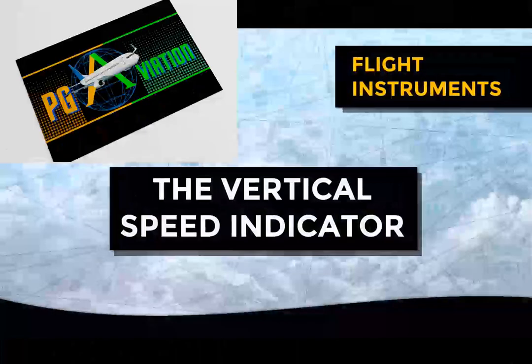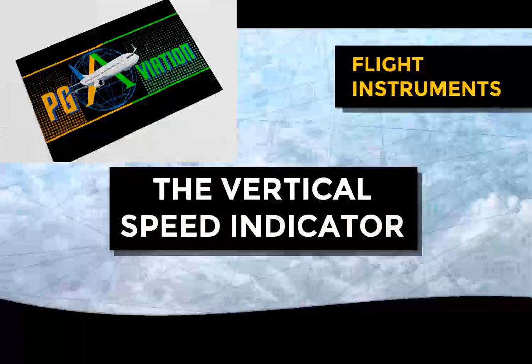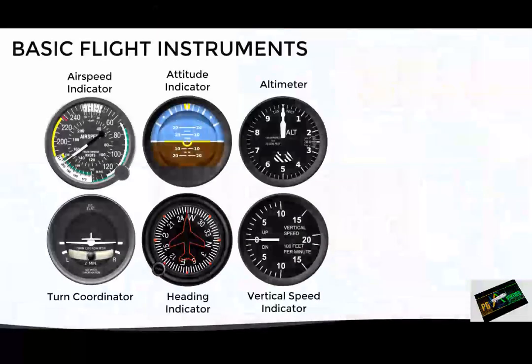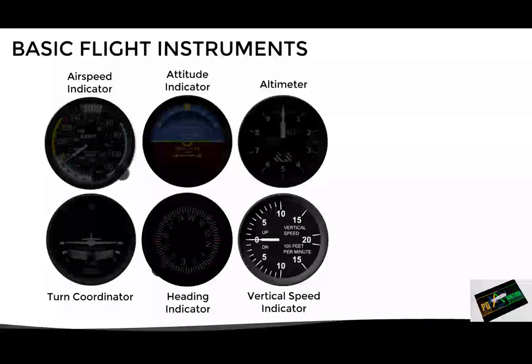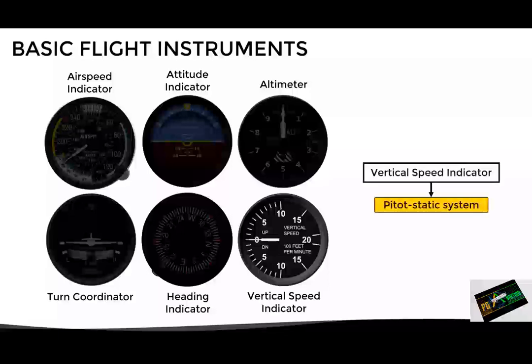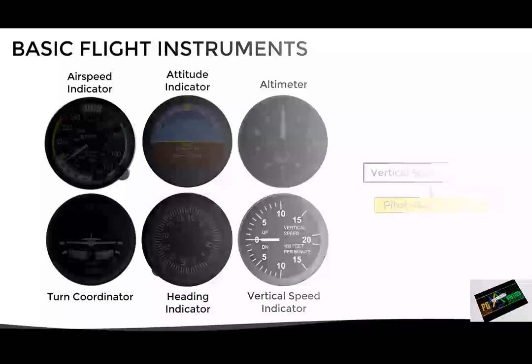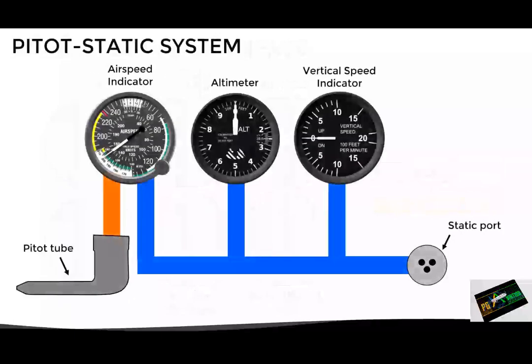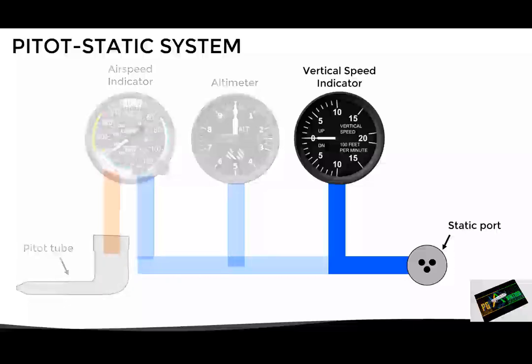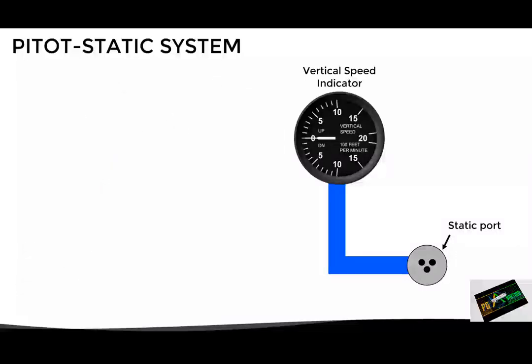Today, we will talk about the vertical speed indicator. This is one of the basic flight instruments that we will find in any aircraft, and its operation depends on the air pressure information provided by the pitot static system. Here we have a typical pitot static system schematic. As we can see, the vertical speed indicator is connected only to the static port, which means that it receives